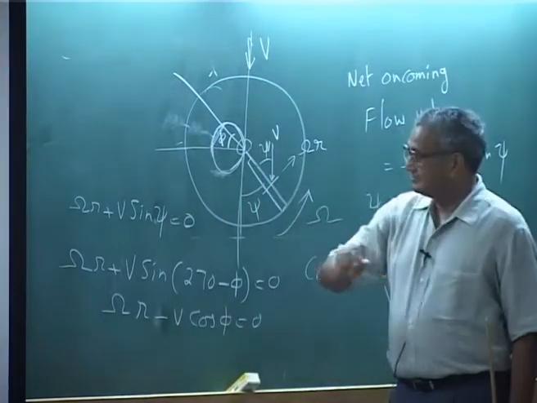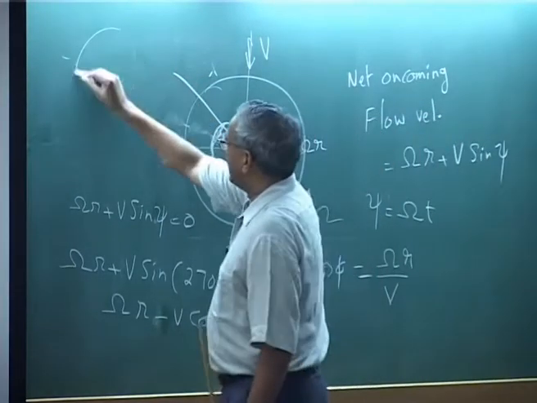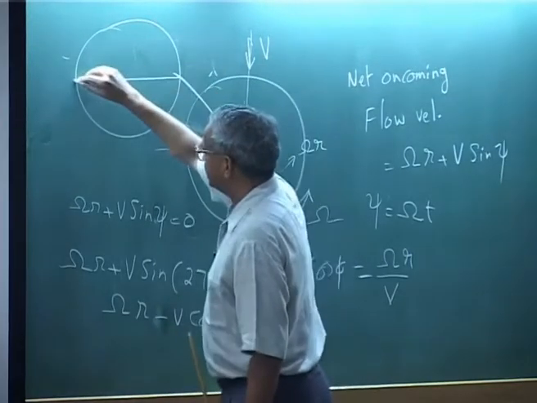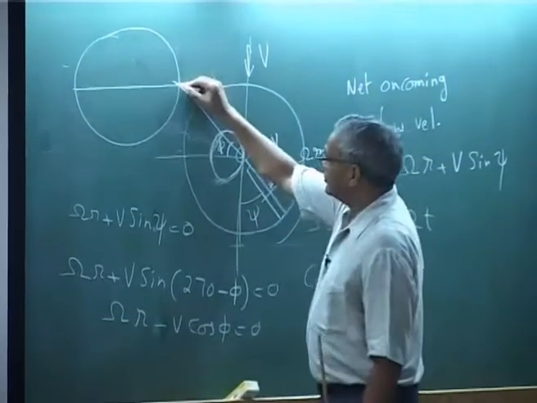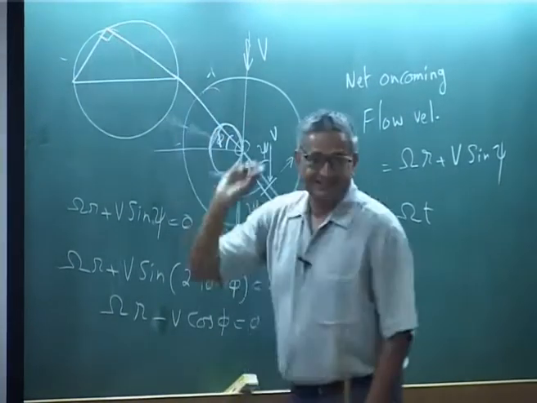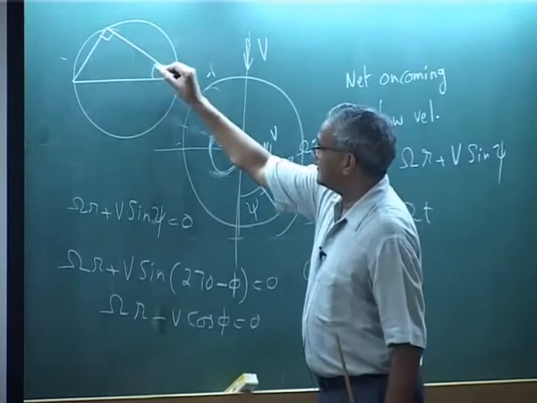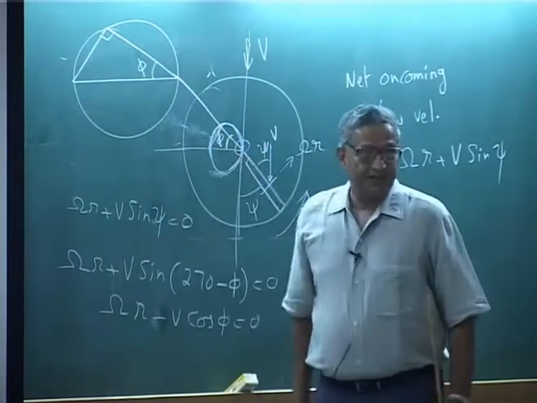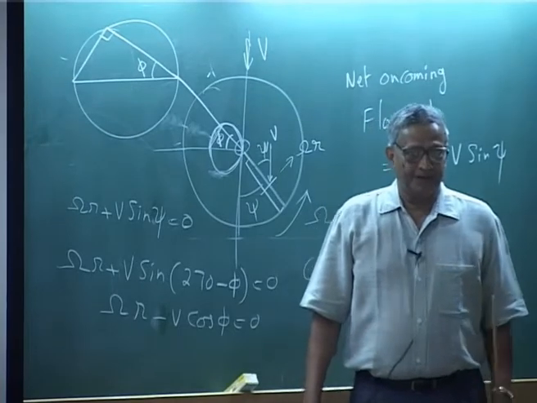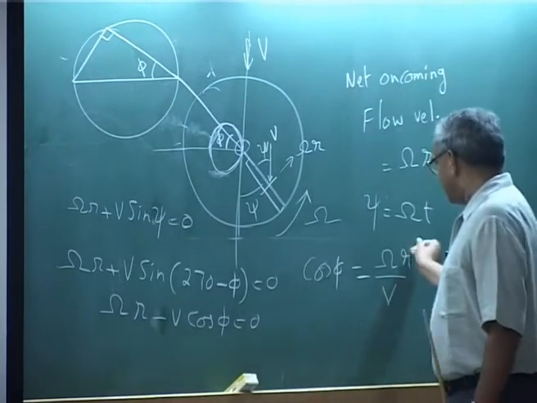If you take a circle from one end, because this is the diameter, you know that this is always 90 degrees and this is my phi, okay. So, this gives me